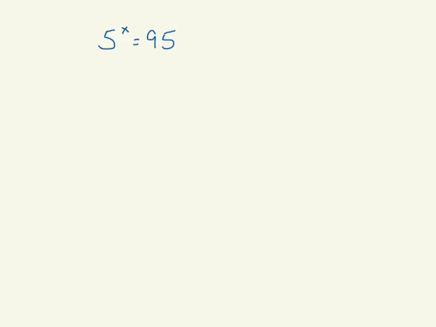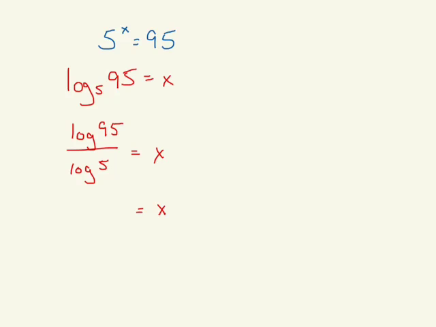Let's take a look at 5 to the x equals 95, and let's see if we can figure out what x is. If we take 5 to the x equals 95 and rewrite that in logarithmic form, we would say log base 5 of 95 equals x. Now we can't really evaluate log base 5 of 95 directly, but we can use a change of base formula. So we can say the log of 95 over the log of 5 equals x,